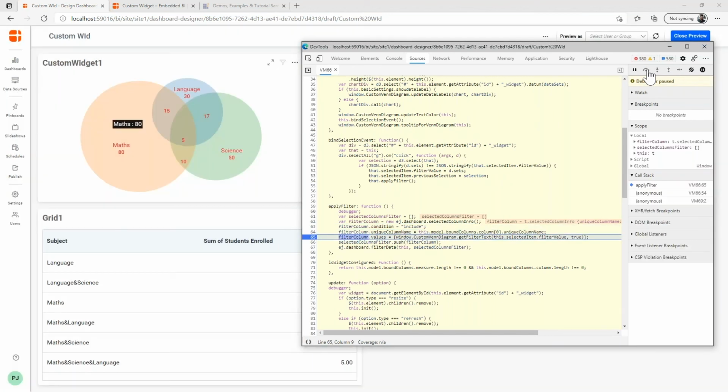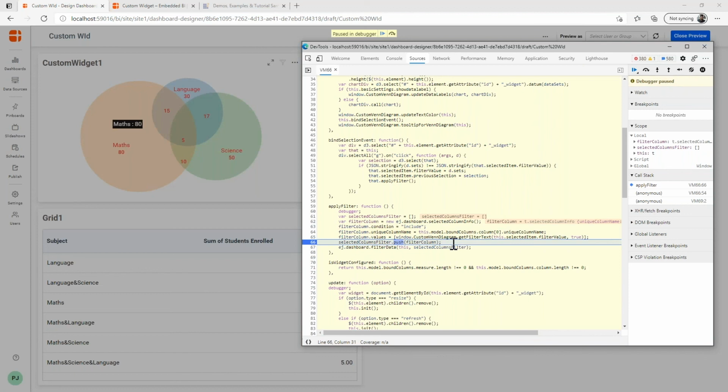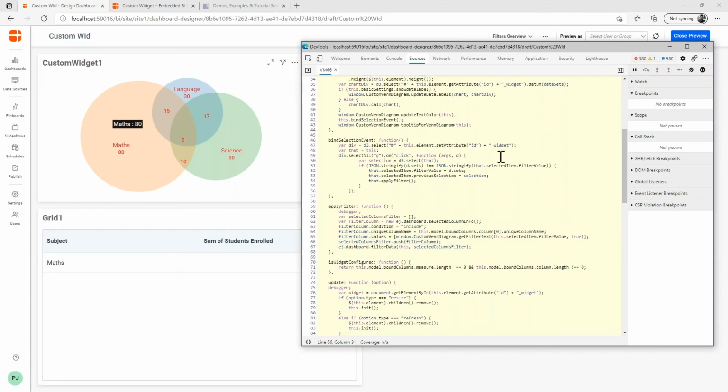I have support only for a single selection here, so I'm just including one object. So if you see here, the filter column info, you can have the unique column name and the value as maths. Okay, so I need to pass this object collection to the ej.dashboard.filterData API, and this will eventually filter the data in all other widgets in the dashboard.